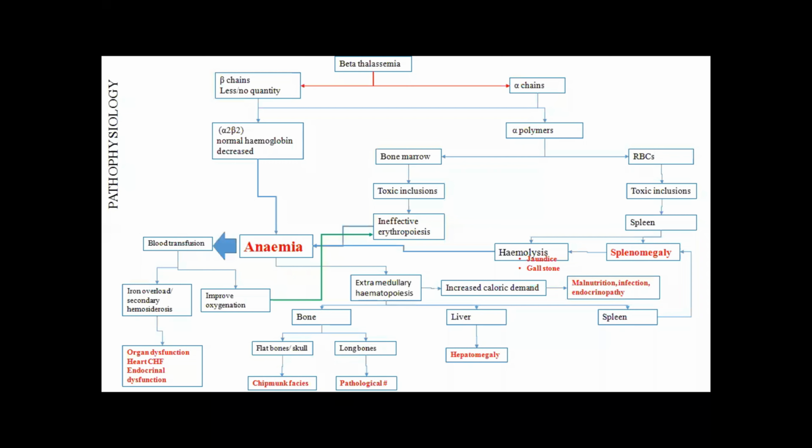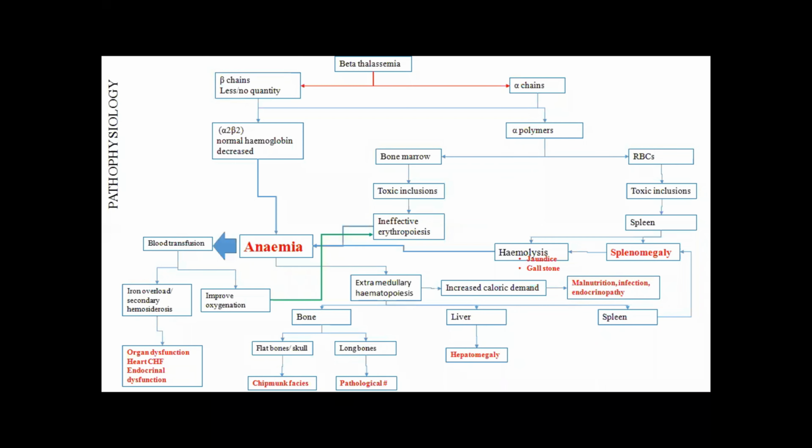leading to anemia. Now say beta chain production was 25% of normal and alpha chain production was 100%. The 25% beta chains will pair with 25% of the alpha chains, so 75% of the alpha chains remain free. Free globins are not soluble, so this will lead to polymerization and precipitation of alpha chains. This precipitation can be inside the precursor cell or inside the RBC. These precipitations are known as inclusions, and these inclusions lead to the destruction of these cells.